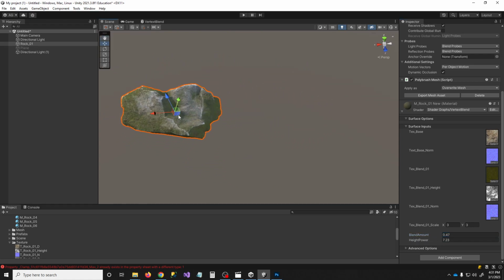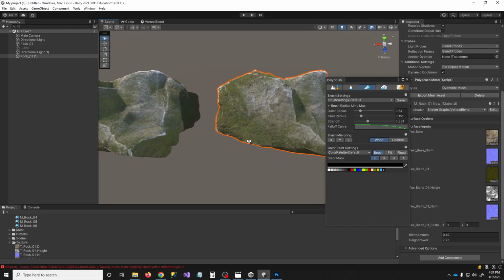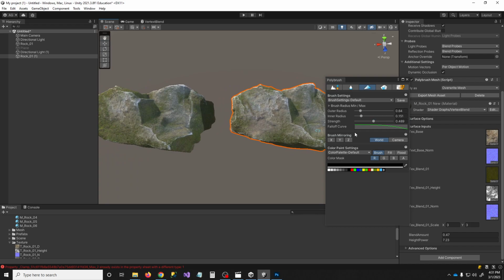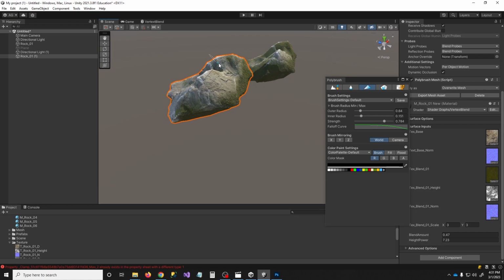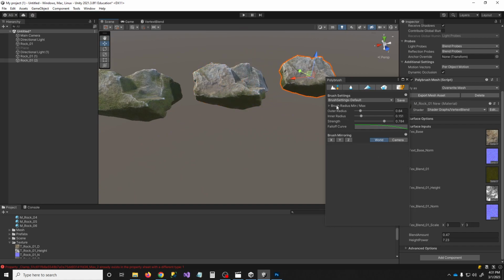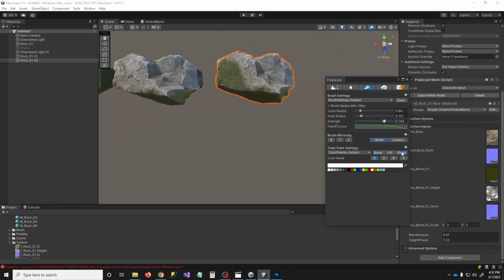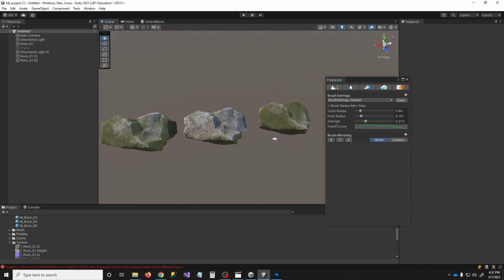And the cool thing about this, let me show you, is I can duplicate this rock, go to my poly brush, and it saved all my poly details. But I could go through and paint a different version on here. There's lots of moss on it. There you go. So now we have three very different rocks that are all the same rock, the same textures,